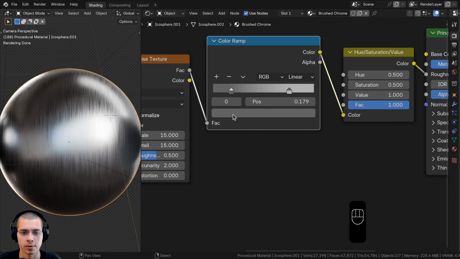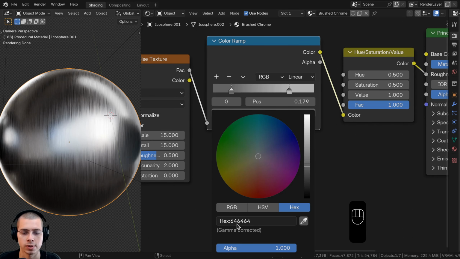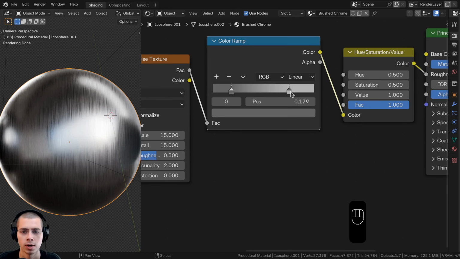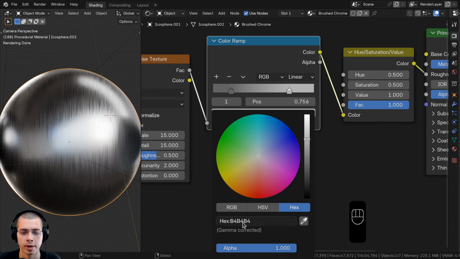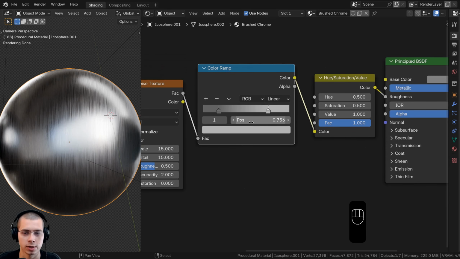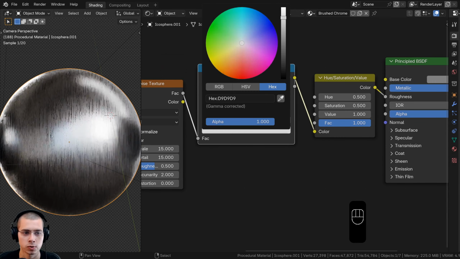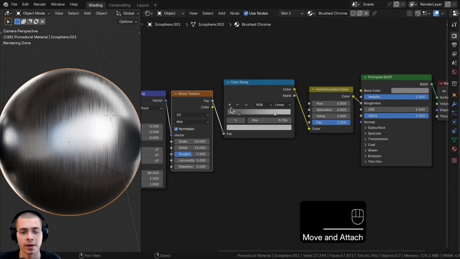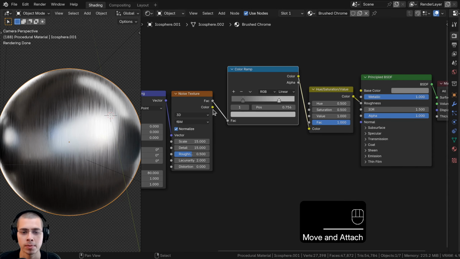So this first color here, this is going to be a hex value of 646464, and then this other one, the lighter one, this will be a hex value of B4B4B4. But of course you can change it, make it lighter or darker to control how rough or shiny you want it to be. And then I also want to add a little bit of bump,